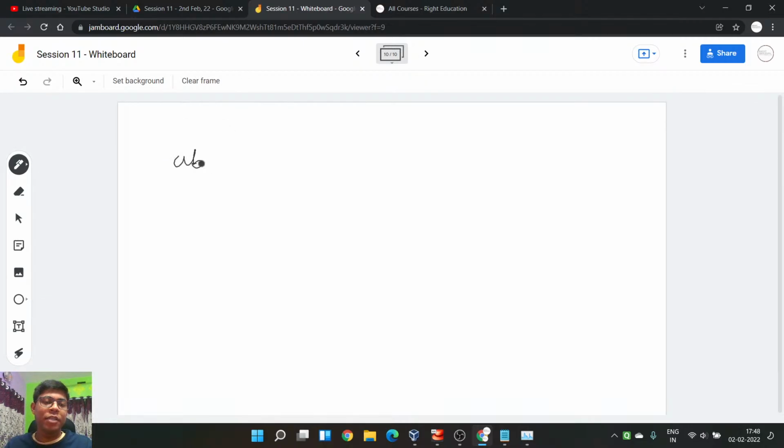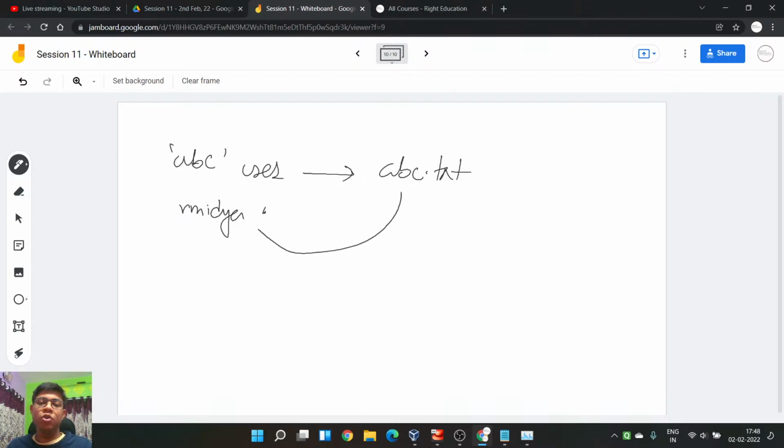You have, let's say, the ABC user, and it created one file called abc.txt. You have, let's say, the RMIDYA user. You want this user to read this file, but you don't want this user to take the privilege of root.